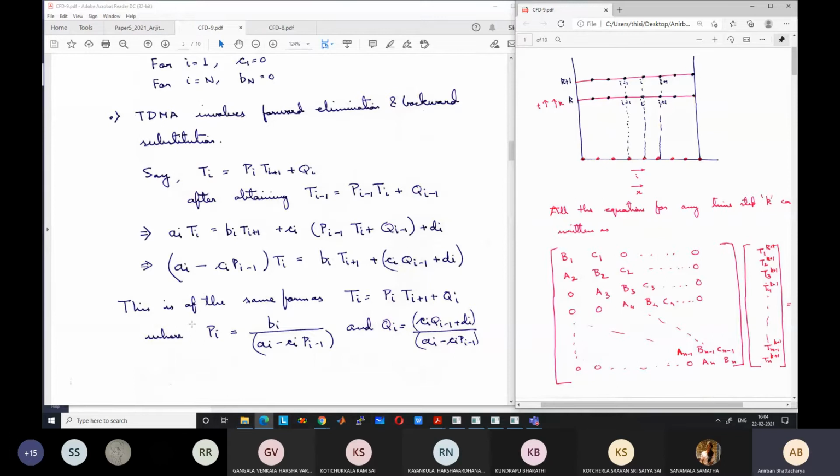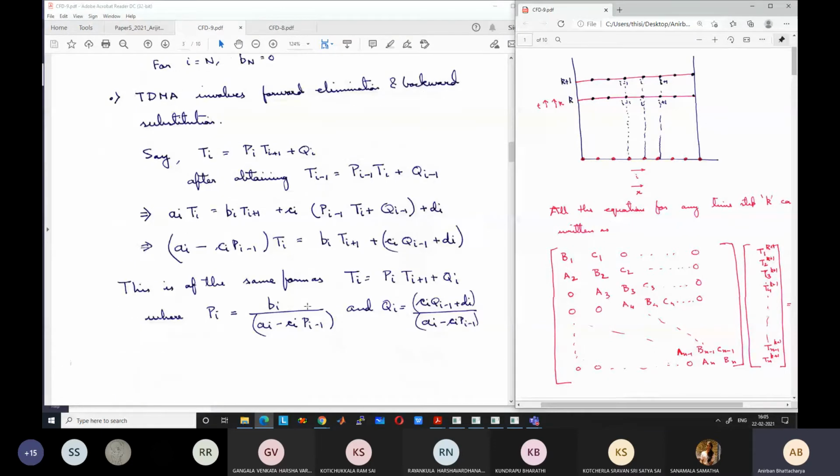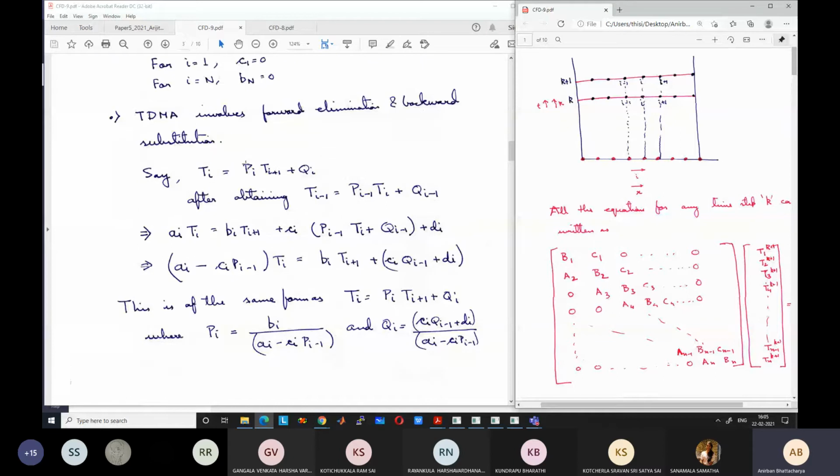So if I know the values for i equal to 2, then I will be able to find for i equal to 3, 4, 5, just by using this type of relation. For say i equal to 10, if you know the value, then for i equal to 11 you will be able to find P_11 and Q_11, because P_10 and Q_10 are known to you, like an induction problem somewhat. It is possible. So now we have to see what is the algorithm for finding this. How should we proceed, in what direction? As I was saying, there is forward elimination and backward substitution.